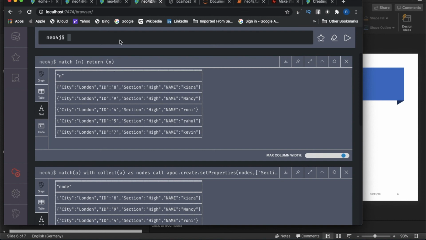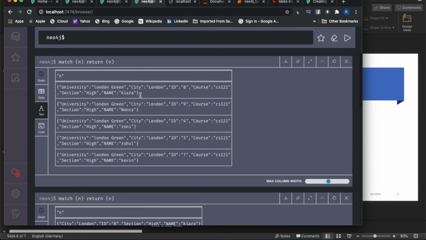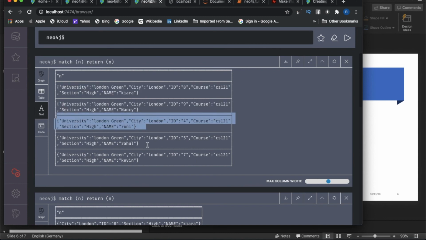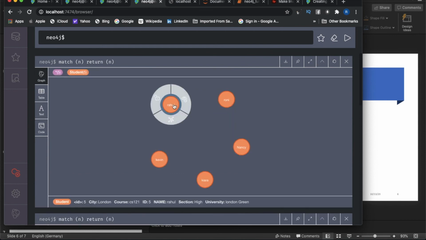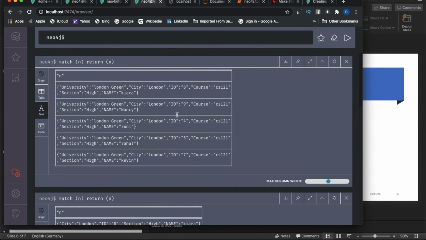So let me execute this thing from here once again. See, University London has been added. So that's cool. Whatever we are trying to achieve, we achieved. Okay, so same thing, there is no point of showing this thing here. If you see here, University London Green added, University London Green added. So that's it. I believe you guys understood the tutorial, understood the context of this tutorial, why I'm trying to